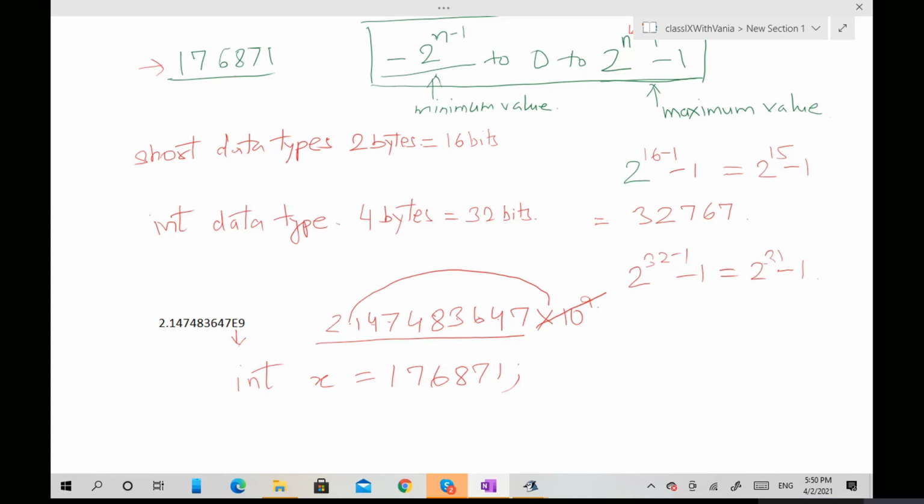You can guess it also. No issues with the guessing. Right? In maths, we can do a bit of guessing if we don't want to calculate. And if you know calculations, it is very feasible for you to write the correct data type. Otherwise, the computer will help you out by giving errors. Don't be afraid of the errors, right? The computer will definitely help you out with errors. So you need to understand those errors, which is very important.